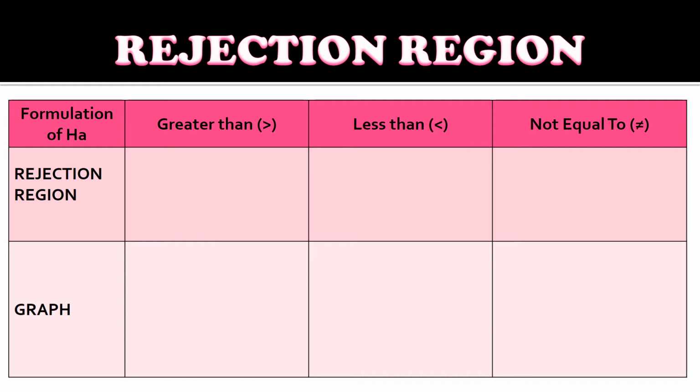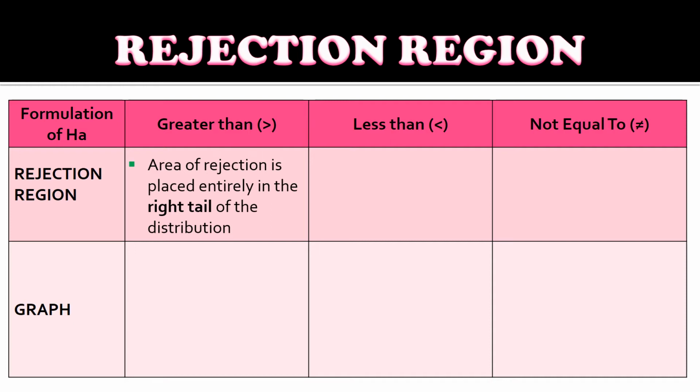For the formulation of the null hypothesis, we have the rejection region. For greater than, the area of rejection is placed entirely in the right tail of the distribution. Here's how it looks. As you can see, we have the critical value 1.65, at alpha 0.05 for one-tailed. The rejection region is the shaded part, and the do not reject region is the white part,